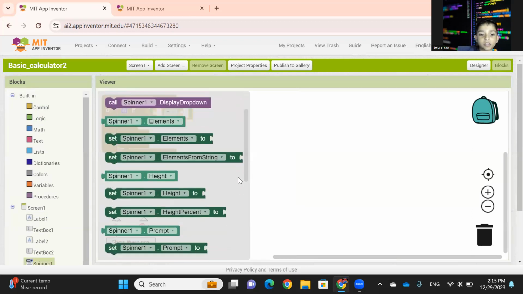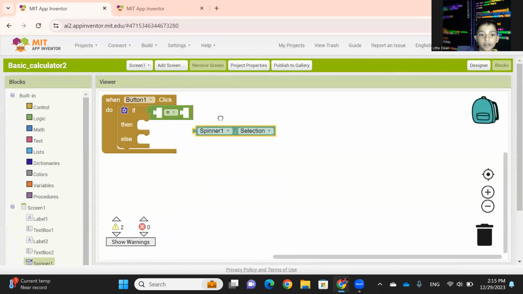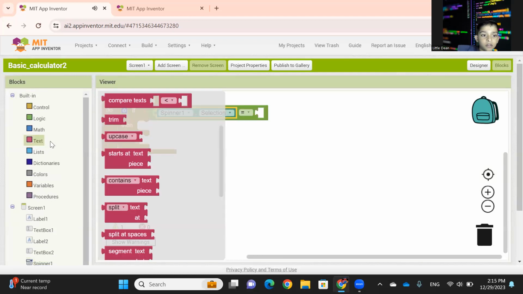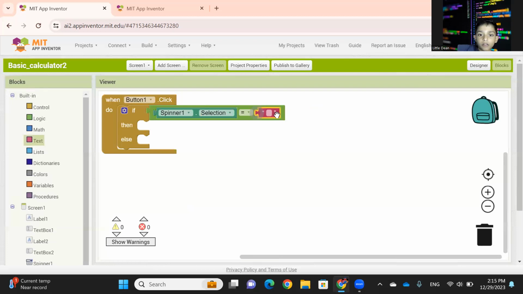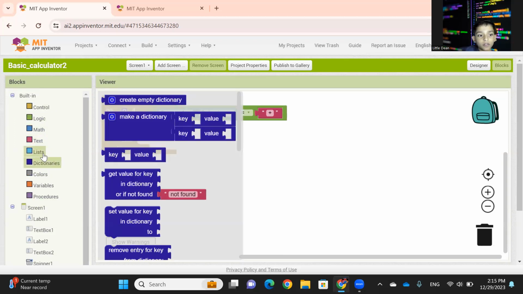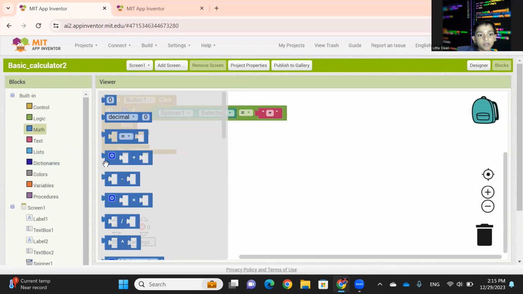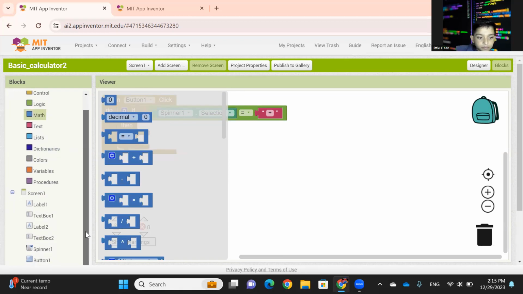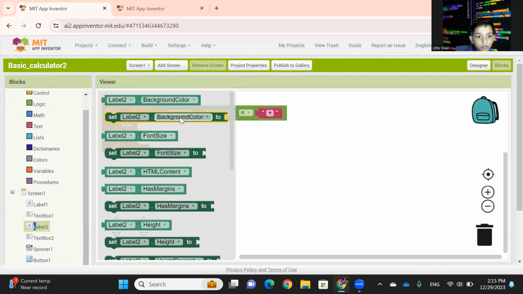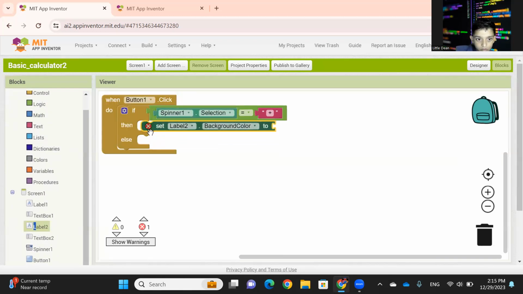Let's take this selection. Yeah, the selection. And now take the empty one. Equals plus. Then we set label to